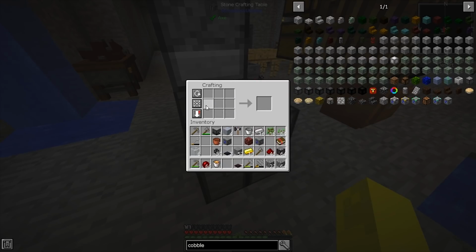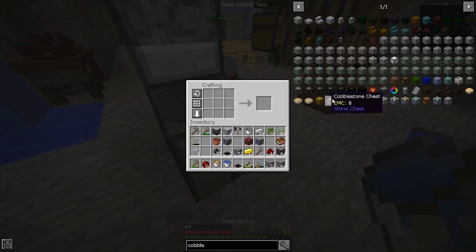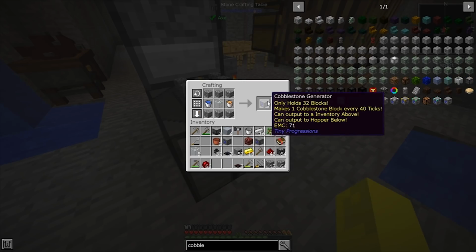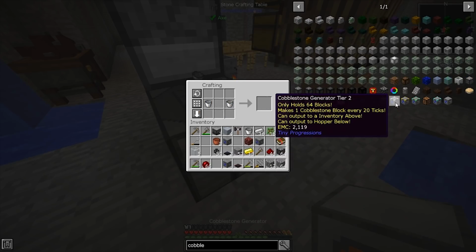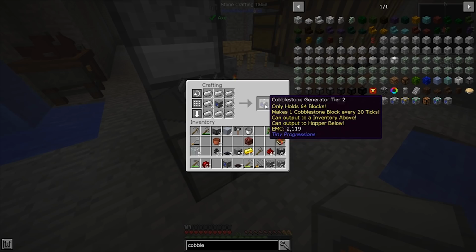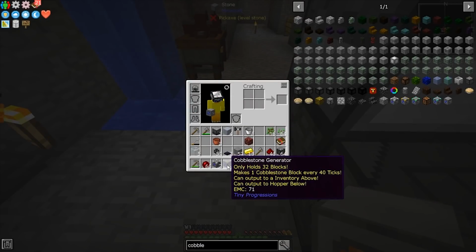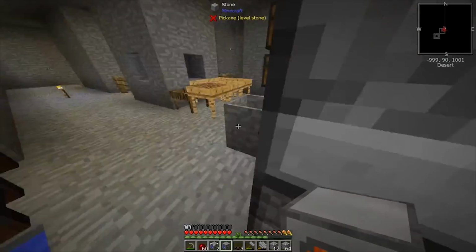There we go. And then I just need to do that one more time for one last cobblestone gen. Okay, there we go. We got 3 cobblestone gens, and now we can go ahead and bump that up. I have an extra one? I have an extra one. Okay, well,